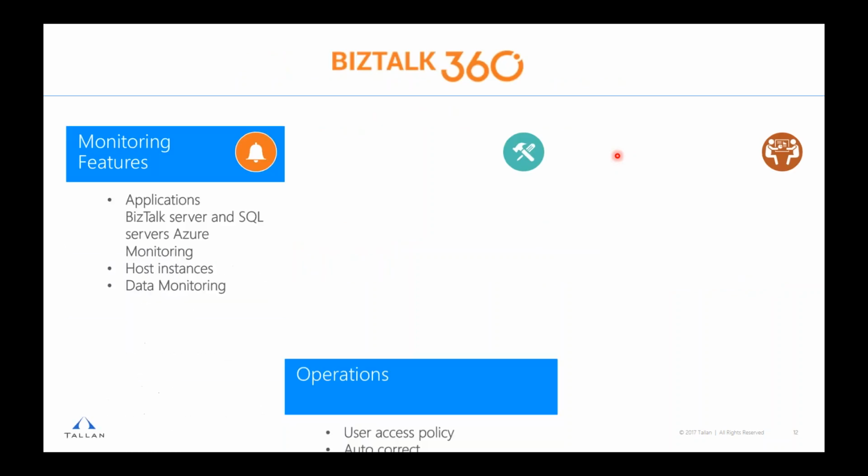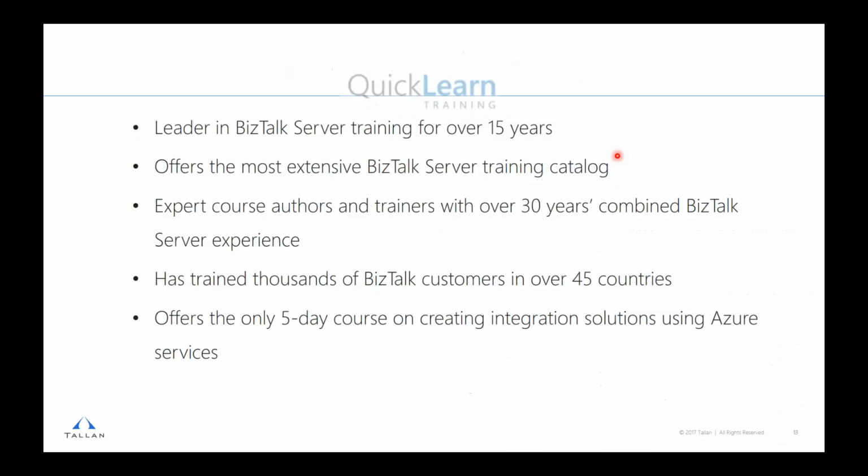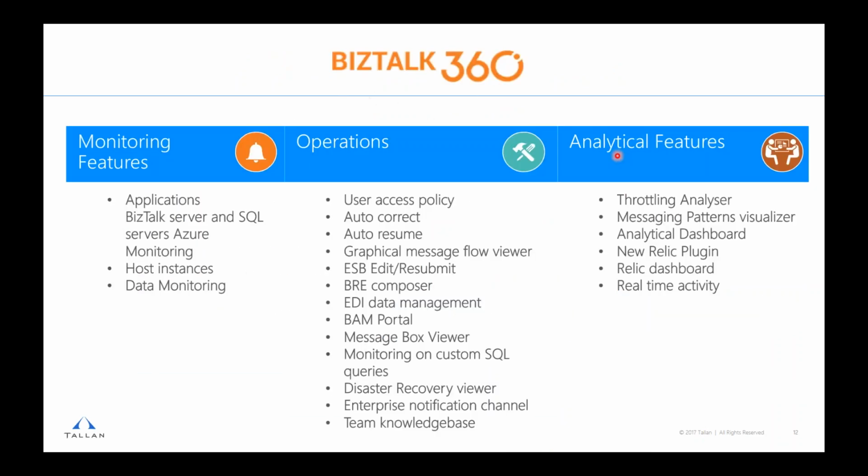Next area is BizTalk 360, and the challenges that this really addresses are around lack of monitoring and notification within the platform. I think there's also a lack of productivity tools within BizTalk.